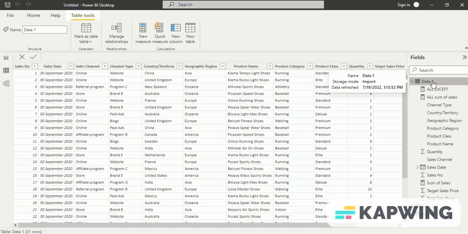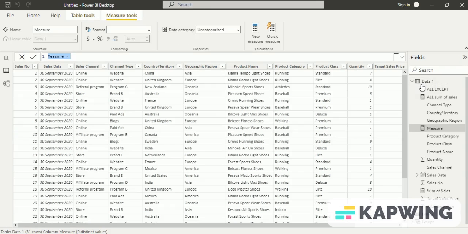Now let us see another function, ALLSELECTED. The ALLSELECTED function removes context filters from columns and rows in the current query while retaining all other context filters or explicit filters. The ALLSELECTED function gets the context that represents all rows and columns in the query while keeping explicit filters and contexts other than row and column filters. This function can be used to obtain visual totals in queries. Let us see that with an example.